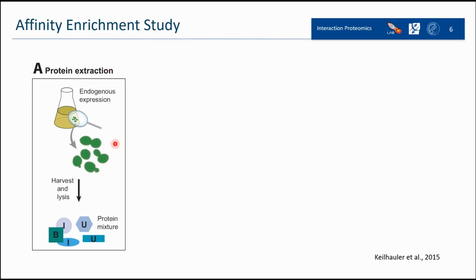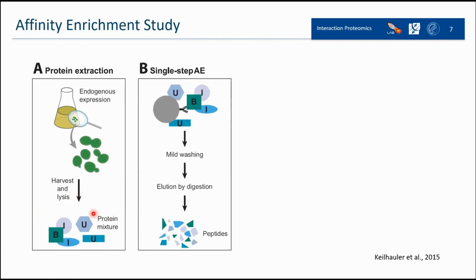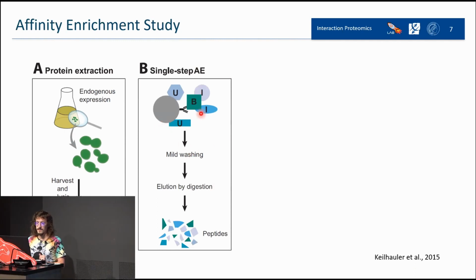They used yeast in which some specific proteins were marked with GFP in order to then select these proteins specifically as baits. And then they took the lysate and added a protein mixture. Then they performed what you saw before. They had their antibody that was supposed to select specifically the bait, B, shown here. And this bait, as I said, was tagged with a GFP protein, so there was a GFP domain that will attach selectively to the antibody.